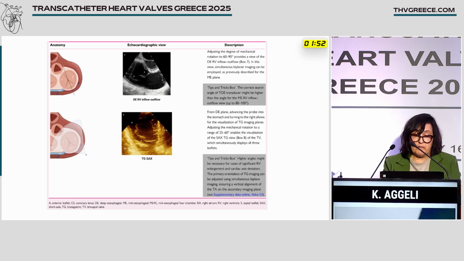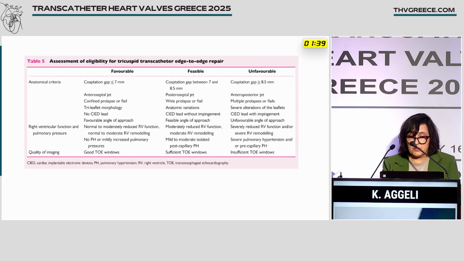It gives the tricuspid valve in short axis, and we do the TEER procedure using just the deep transesophageal views. These are the different anatomical data when we prepare a patient and when we assess the eligibility